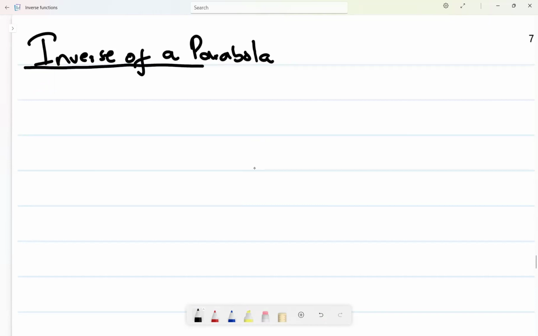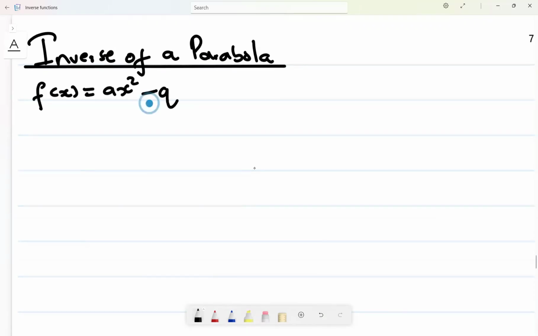Okay, yes. So now we know the standard for a parabola is going to be f of x. We're going to use this one, ax squared. They can add plus q, it's fine, even if they do not add it, right? So now let us have a function where our function is given the name of